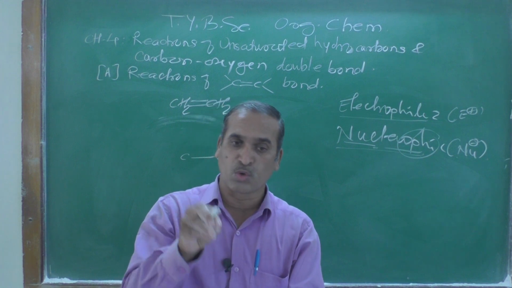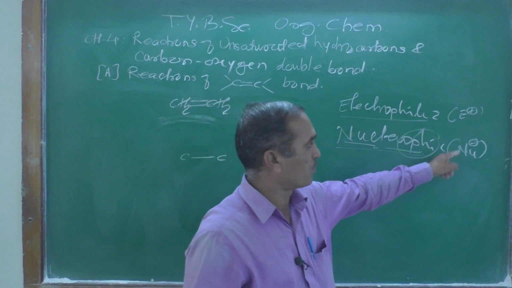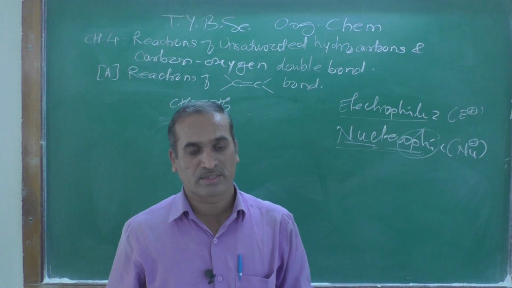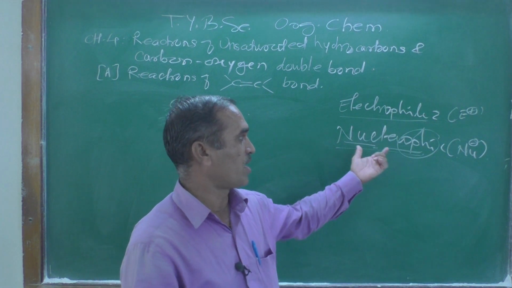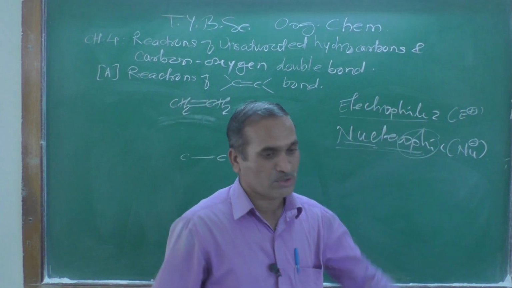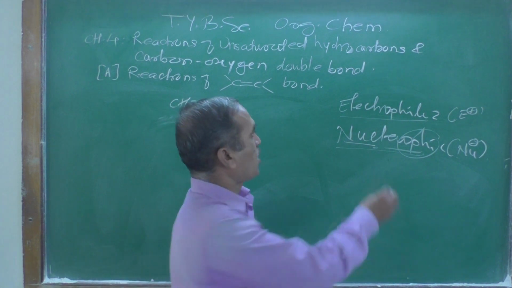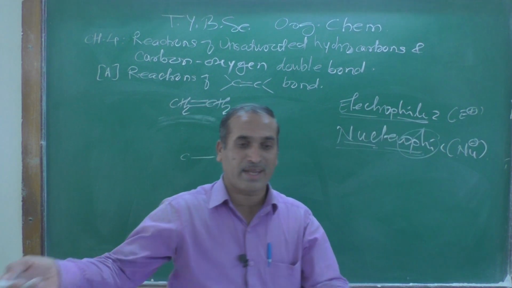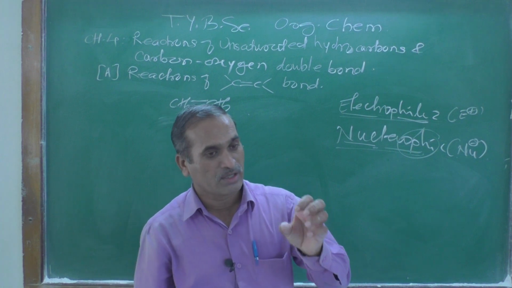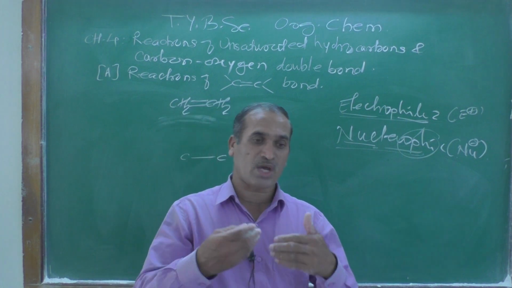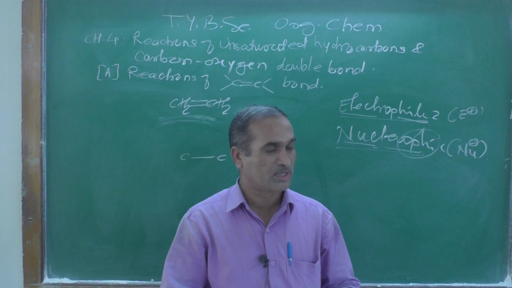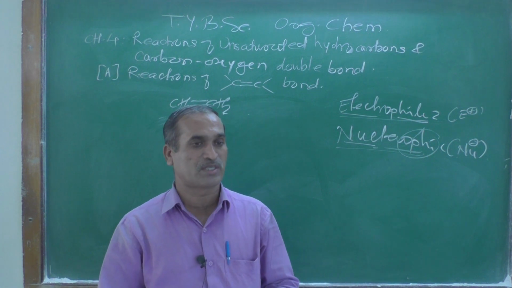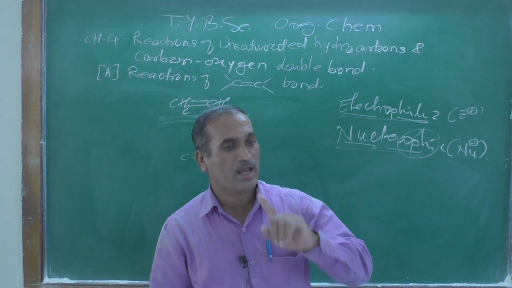They are nucleus loving, and therefore they are searching for the nucleus. That type of species is known as a nucleophile. And electrophile means electro means electron and philic means loving. They are electron loving, meaning they are already electron deficient, electron poor species, and they act as